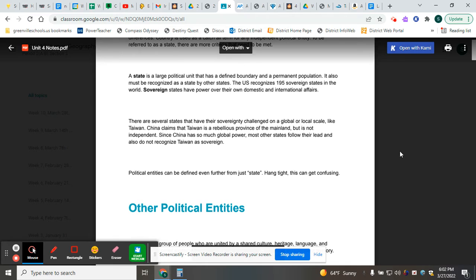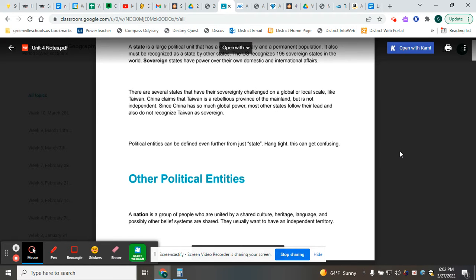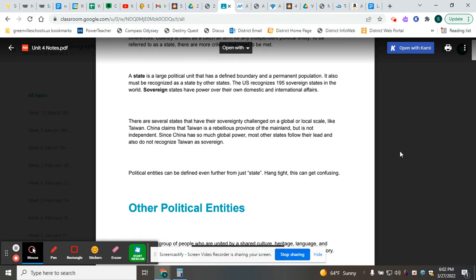Okay. There are several states that have their sovereignty challenged on a global or local scale. Taiwan's a good example. China claims that Taiwan is a rebellious province of the mainland, but it is not independent. Since China has so much global power, most other states follow their lead and also do not recognize Taiwan as sovereign, even though they, well, are. Okay. But then that gets into the debate as to whether or not Taiwan is a state because they have a defined boundary, they have a permanent population, they do not do what China does, but,